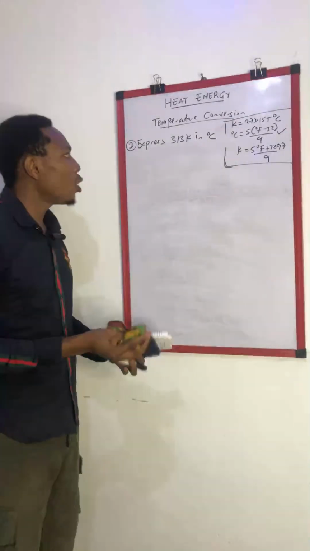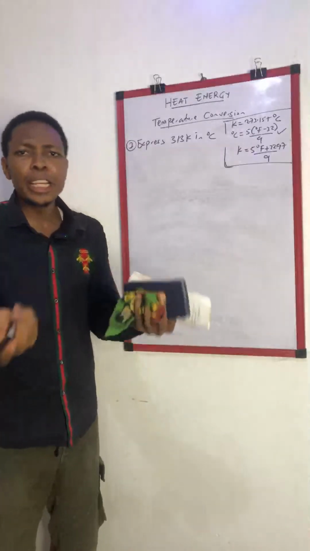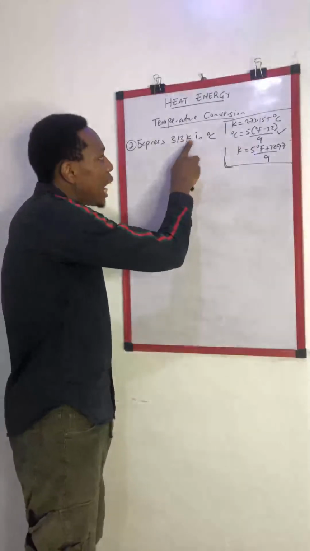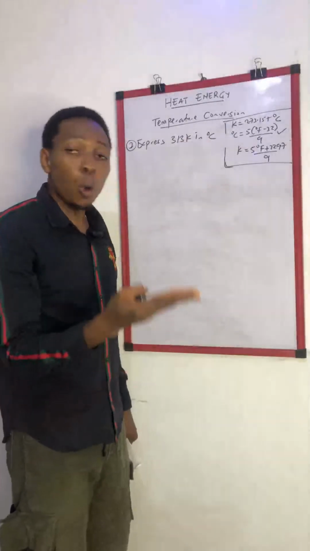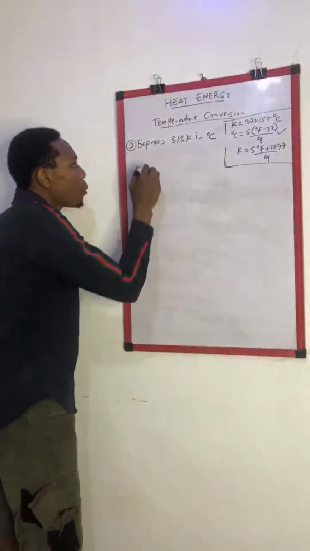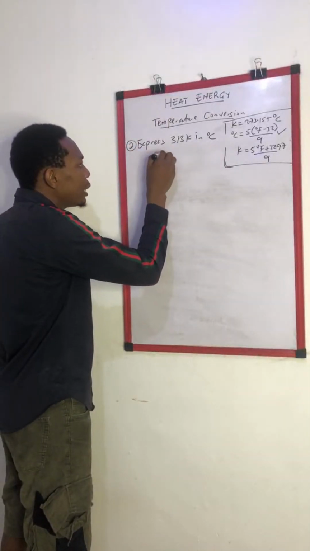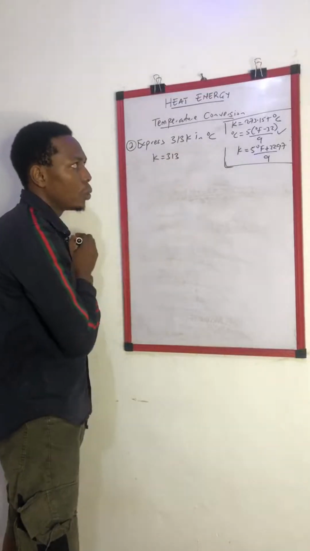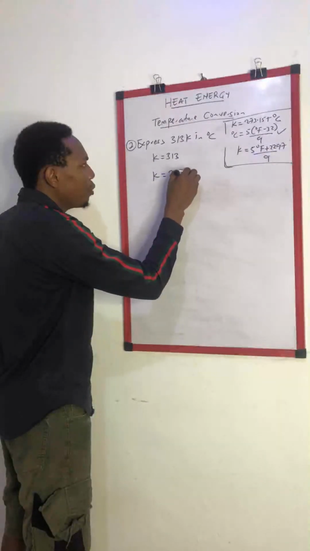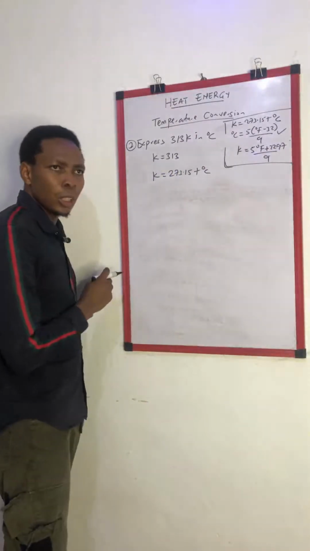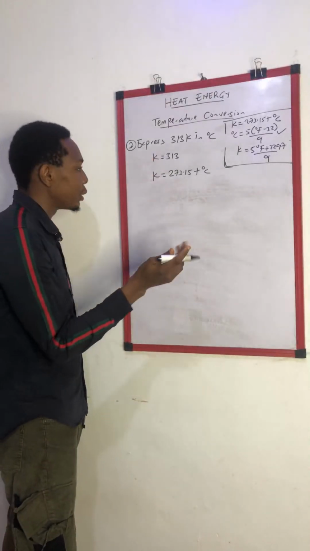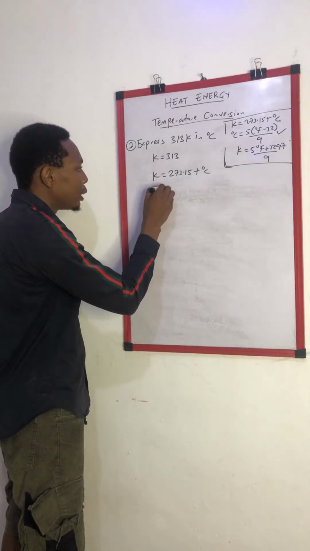All right. So from here, what relationship is this? This is the relationship between Kelvin and degree Celsius. So which formula are we to use? Is the first formula. Okay. So here we are told that our Kelvin is sitting at 313. Okay. So we have Kelvin equals to 273.15 plus degree Celsius. Okay. So from here, what's our Kelvin? Our Kelvin is sitting at 313. So here we have 313 equals to